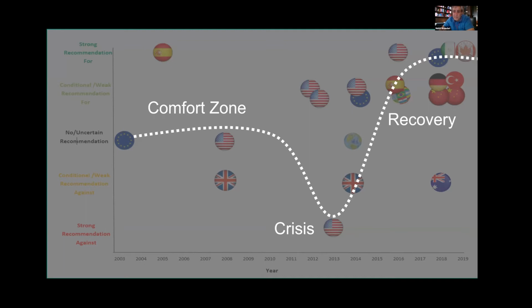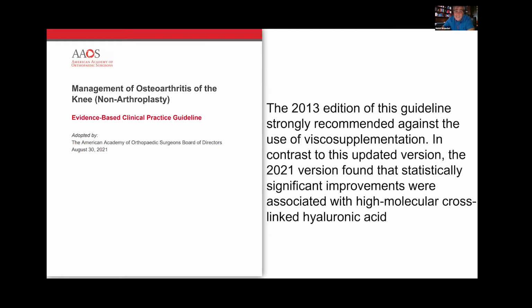If you look at the majority, a lot of guidelines happened between 2014 and 2019. And the one fundamental thing I noted was people started moving away from the idea of just HA and started saying higher molecular weight HA. The ones in this latter part are really focusing on the higher molecular weight, and I think that is how they were differentiating it. If we take all HA, then you're probably in the same boat as the American Academy, saying there's a lot of noise in the system, we're not sure, the effect may not be big enough. But as they moved, the messaging became much more about higher molecular weight. And this is now the 2021 updated guideline.